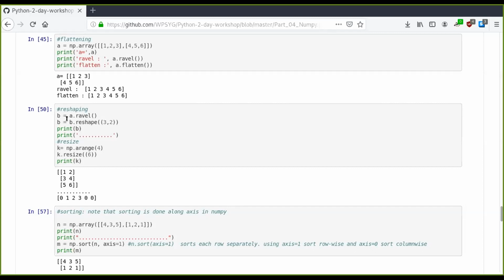Now I want to reshape this variable, b dot reshape. Note that the elements here are 6 elements. So the best way I could reshape is either 3 by 2 or 2 by 3. Now if you try to change it,